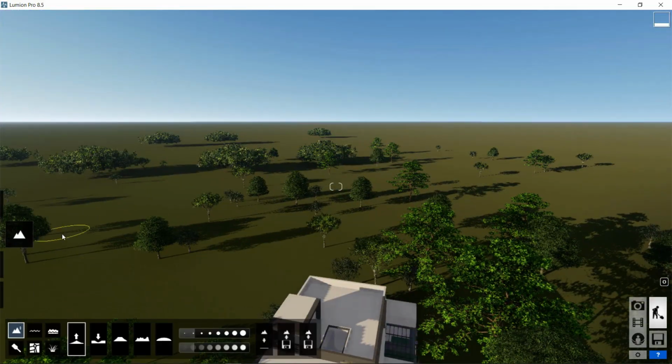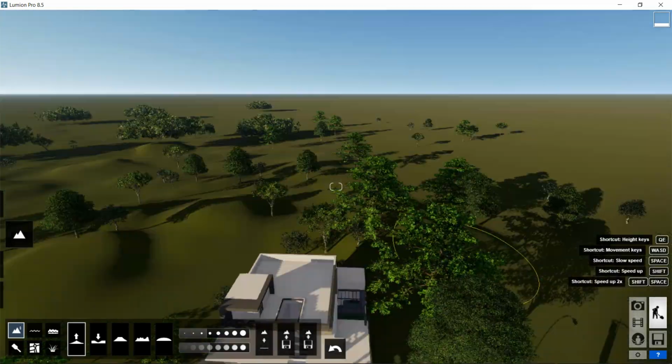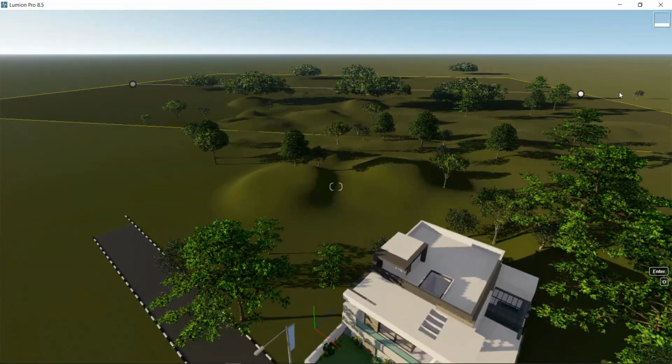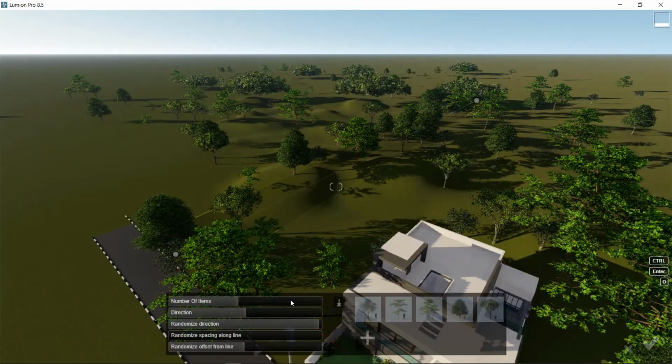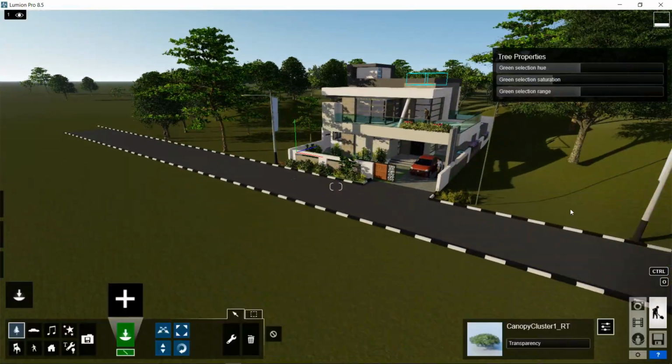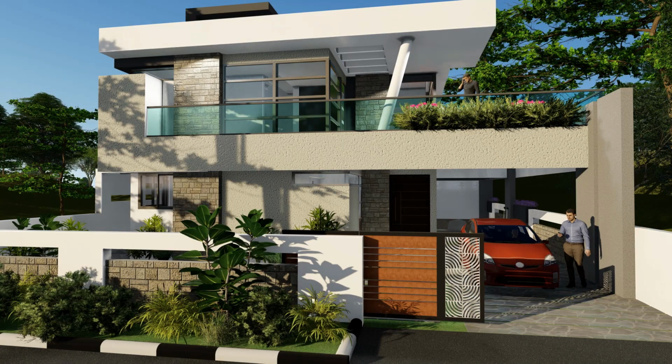Give some height to surrounding environments from the landscape option by clicking on this triangular thumbnail and adjusting the brush size and speed. You can do that. By giving contours in the scene, you get the variation of height in the horizon. Here, you can see the difference in the render with the horizon and the render without the horizon.